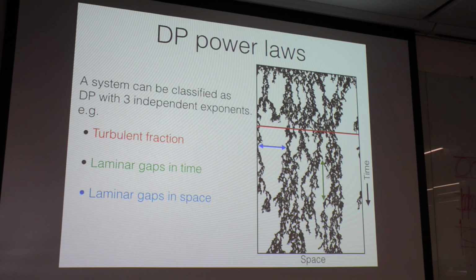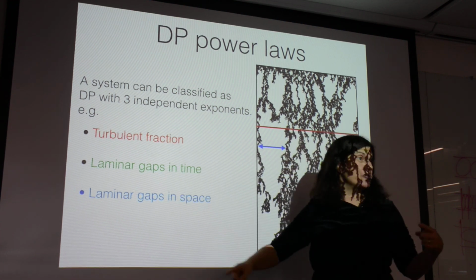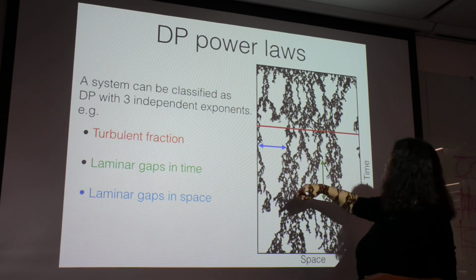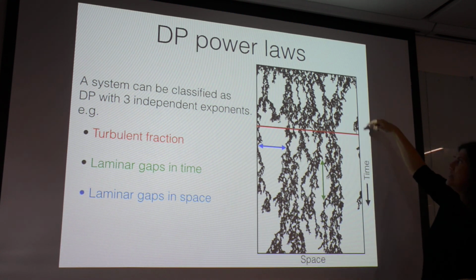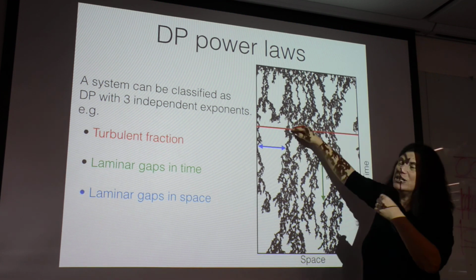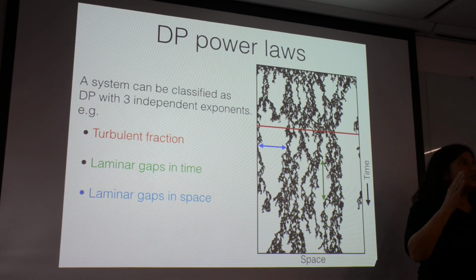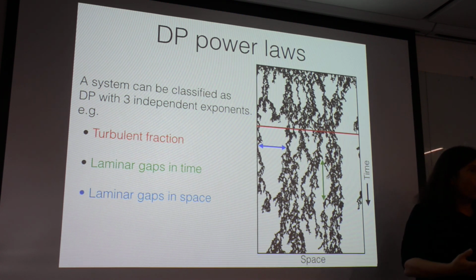characteristics. So what do the people in directed percolation predict? They predict the dependence of the turbulent fraction. That's what we were looking at before. We were looking at how much of it, what percentage, is turbulent. This is supposed to be time. In this case, this is 1D. Ours is 2D. This is 1D in space. So what fraction is turbulent? And how does that vary as you change the control parameter? It's going to go to 0, yes, but with what law? And just, so their original model